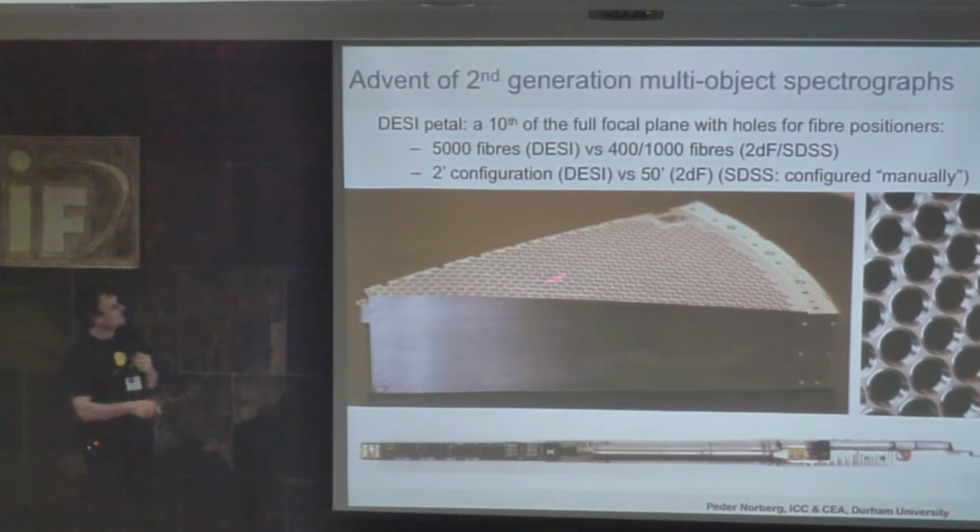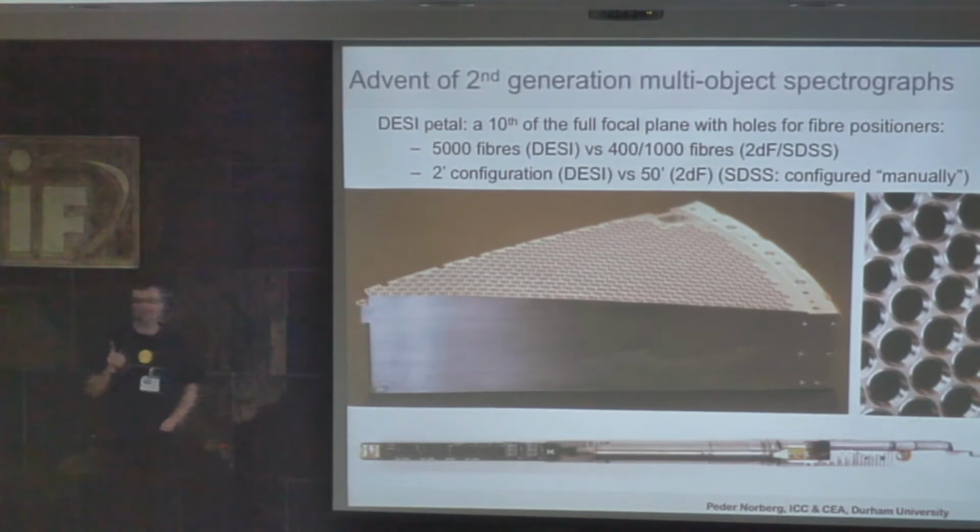So here, this is an example of a DESI petal. It's 1/10 of the full DESI focal plane, with holes here. All of these holes are where an object will be positioned by the DESI robot. Yay! DESI is going to be automated. Not going to have to work manually on figuring out where to put them in. I'm glad for that, because I felt sorry for the person who otherwise dealt with 5,000 fibers. That's a lot of work.